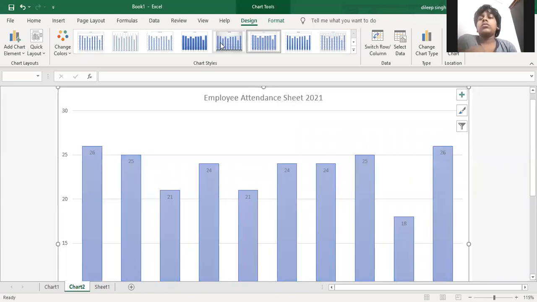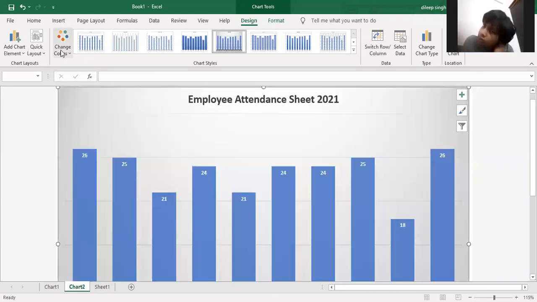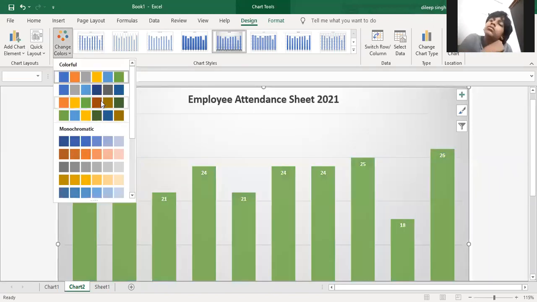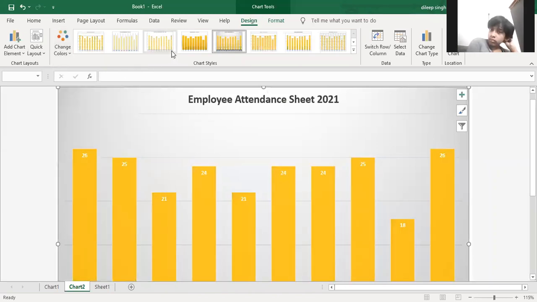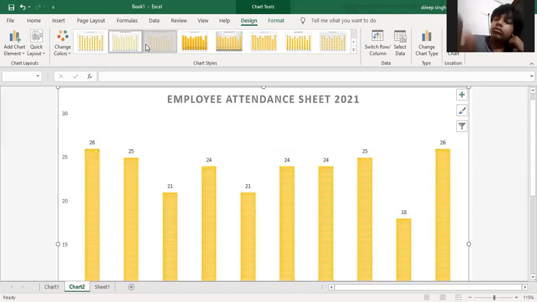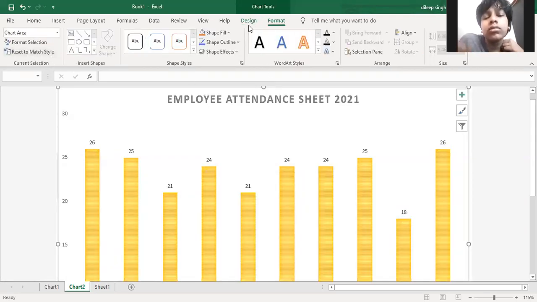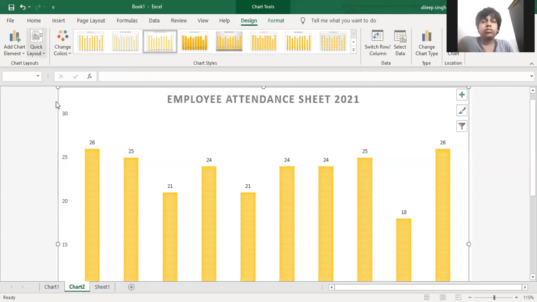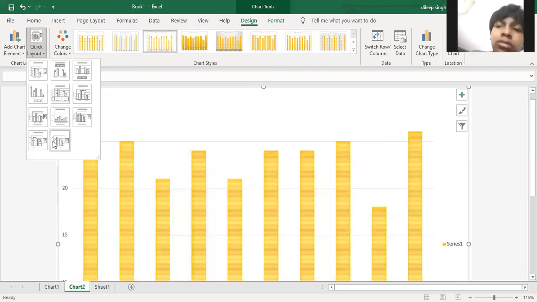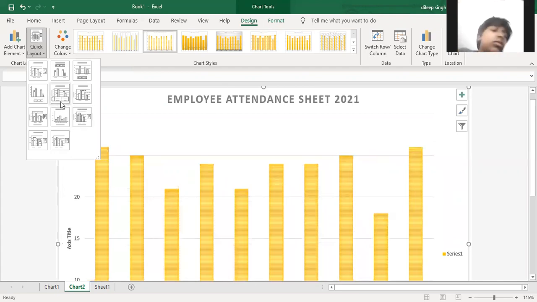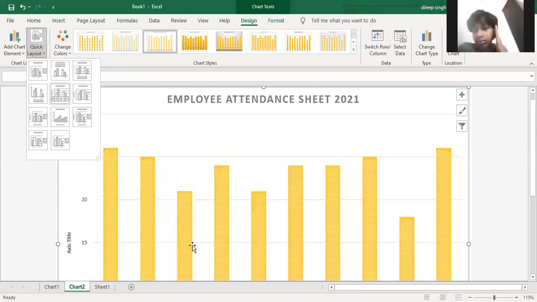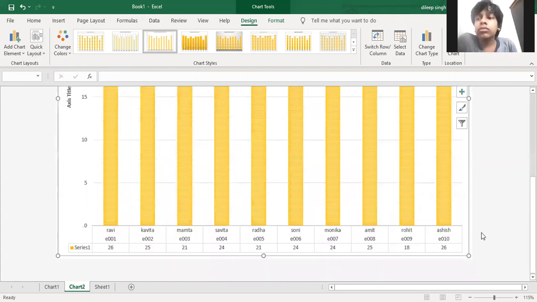Understood? And we can also set the color by using this option. You can set it like this. After setting this, you can also set the color from this section. Clear? There are different types of data; you can choose any one. And here we have different layouts as well. We can set a different layout according to our requirement. So here we add this data, and we will get the data at the bottom of our chart as well.